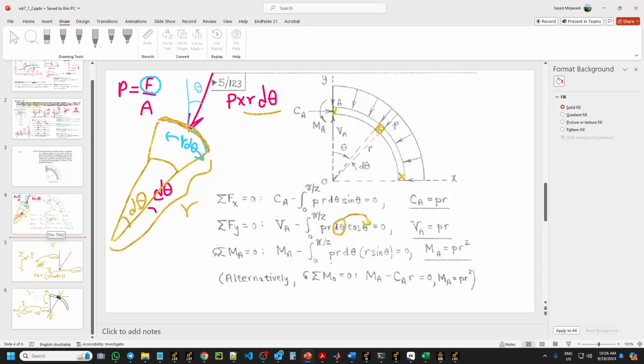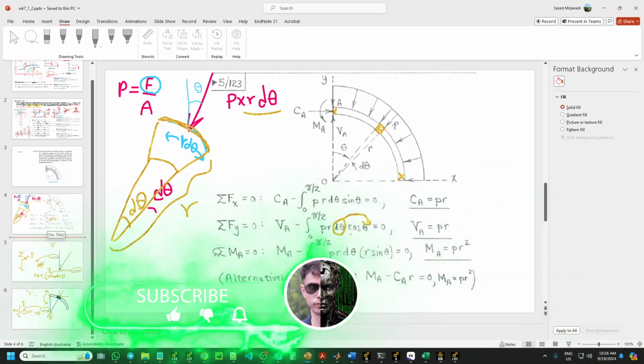P is constant, R is constant, you can take it out, and what is the integration of sine? Negative cosine. And what about the integration of cosine? It will be sine. Okay,